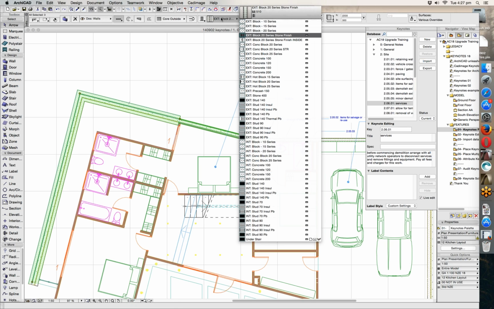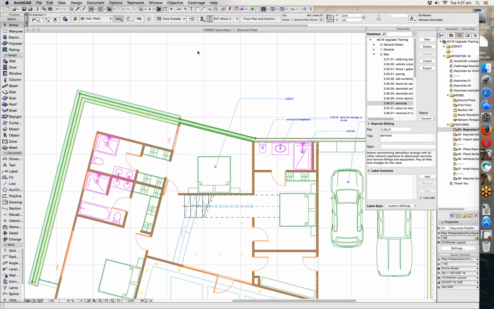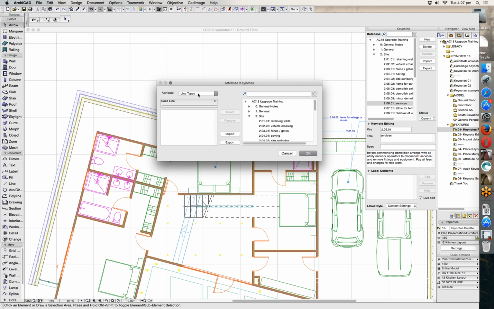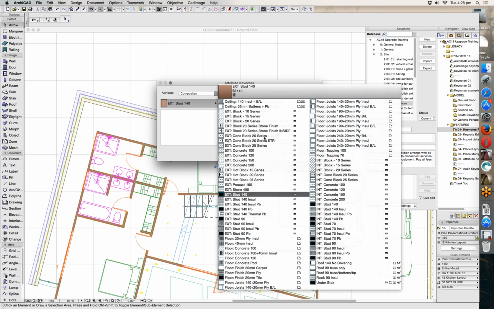So let's just quickly have a look in here and see, using this composite here, exterior block 20 series stone finish. All right, so if I click on the Cadimage menu and go to Keynotes again and go Attribute Keynotes, you can come in here and,